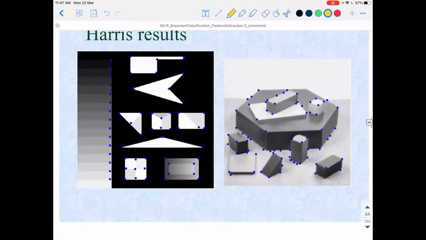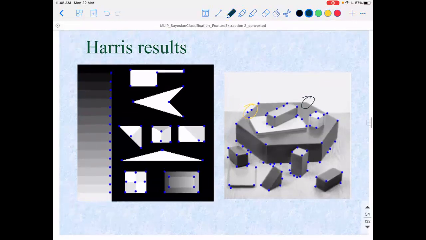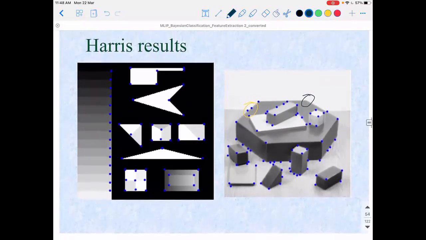Results you can see here. Once we apply this Harris-Corner detector, you can see that it has nicely recognized many of the corner points, which are usually considered to be distinct from the neighborhood. But because of the discrete gradients we find, it may give rise to some spurious points as well. It may also miss out some points.